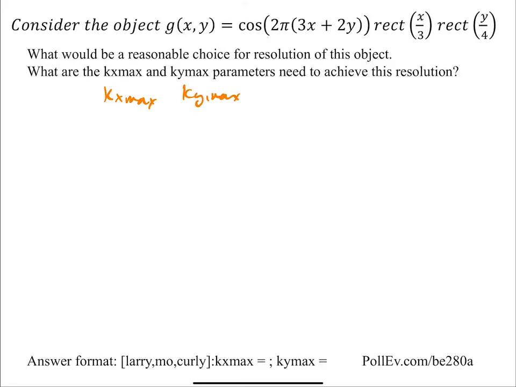So K and the field of view are inverses. So for K to be max, the field of view has to be at a minimum. It's probably not everything you should follow. And you have to use